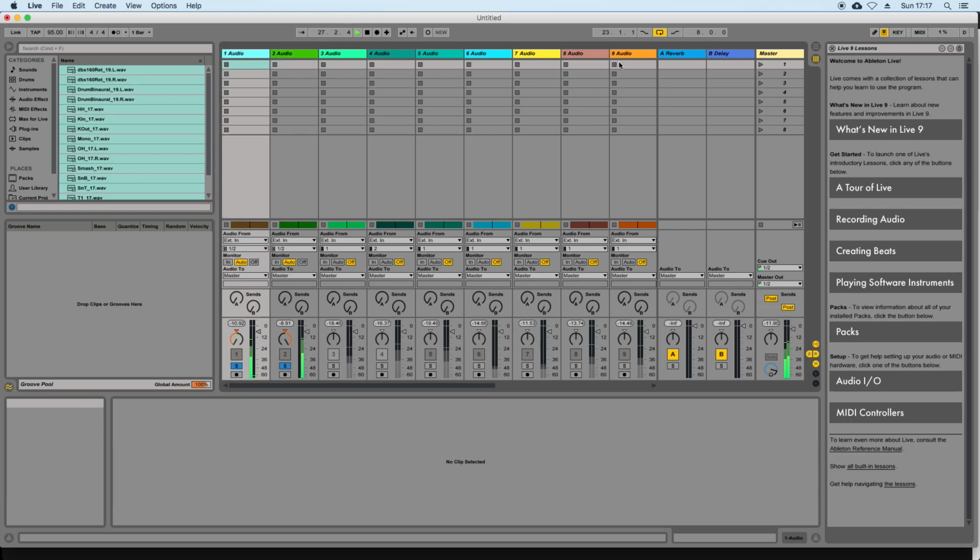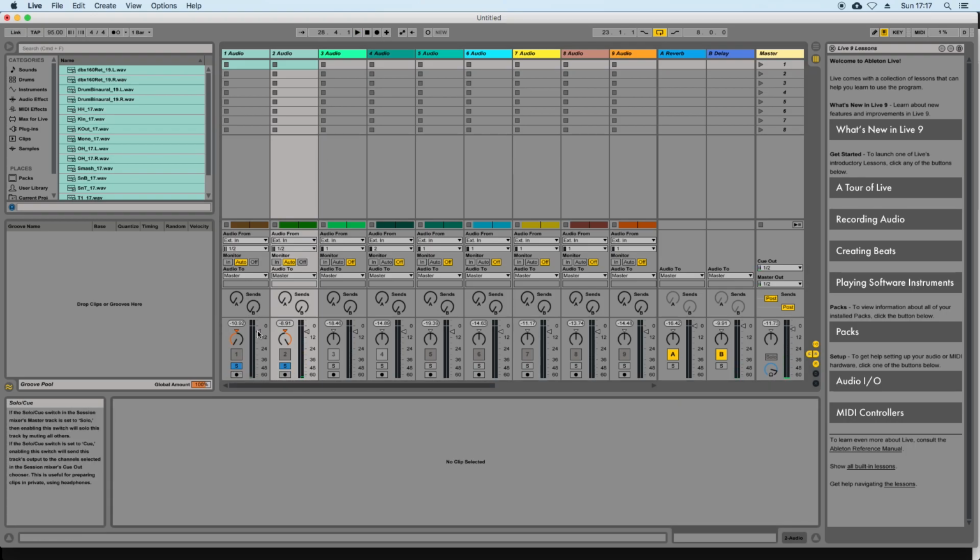Remember, if you want a bit of reverb or delay, you can just send up the sends. Or delay. That's pretty cool. Anyway, if you want to put individual effects on, say for example we want to EQ it,